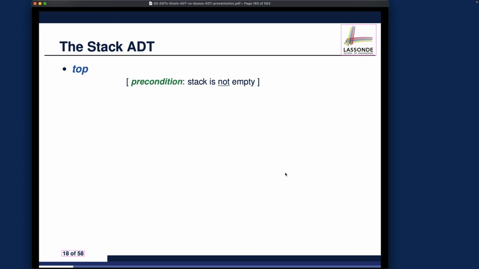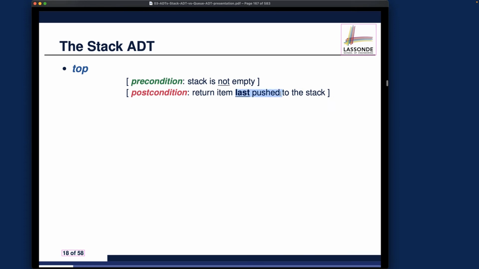What about the post condition? Given that I'm trying to inquire about the top of the stack when the stack is not empty, meaning that I satisfy the precondition, what should be the corresponding post condition? Well, in that case, of course, I should be returned the top. So that means in the post condition, I should be returned the item that was last pushed onto the